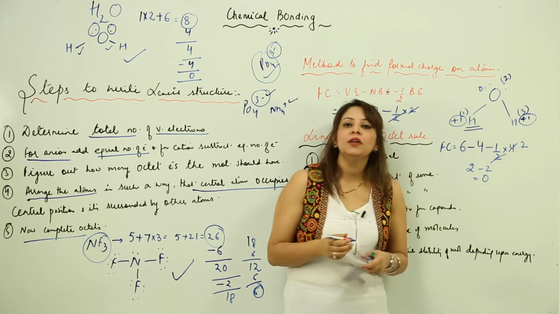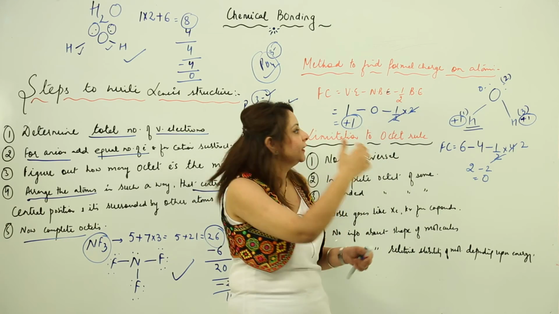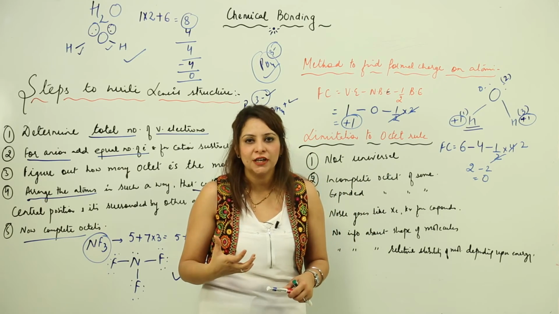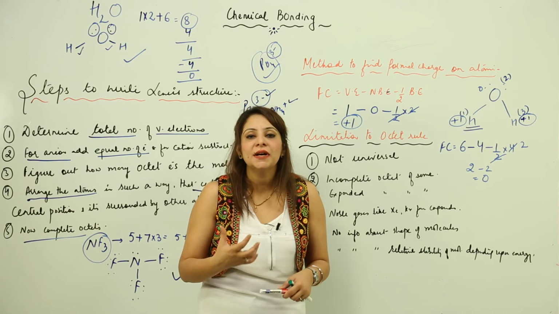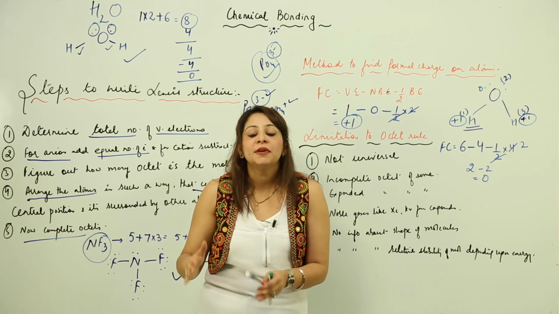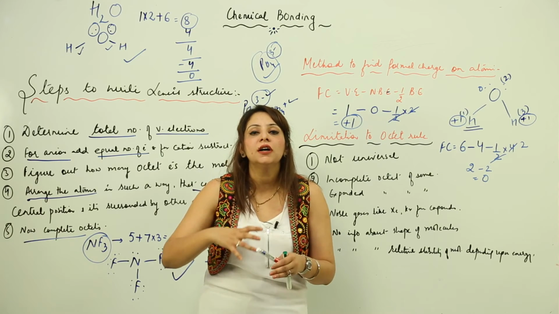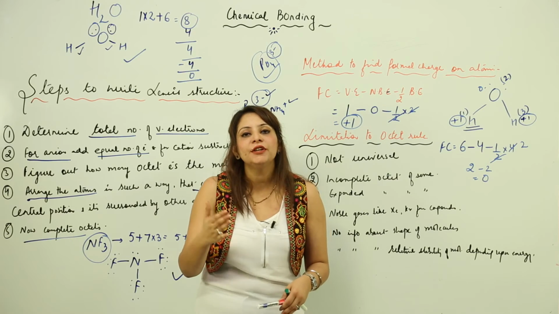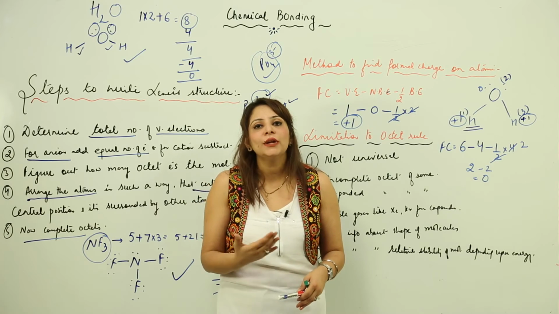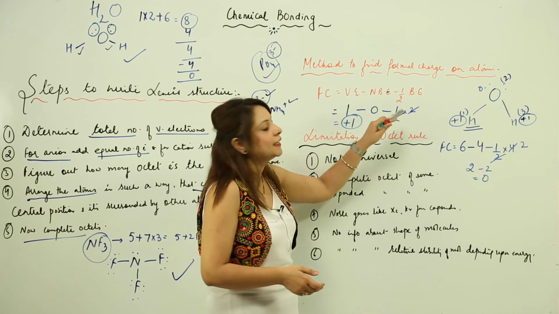Likewise, you will be able to solve the formal charge for each atom by using the same formula. You know what the use is, why we are looking for this formal charge: because the formal charge helps us in selecting the structure which has the lowest energy and the maximum stability. The lesser the magnitude of charge it has, the more stable it is going to be. So when we draw different kinds of Lewis structures and find the formal charge, we get to know which structure is the stable one which is going to exist in a real state. So this is the formal charge.